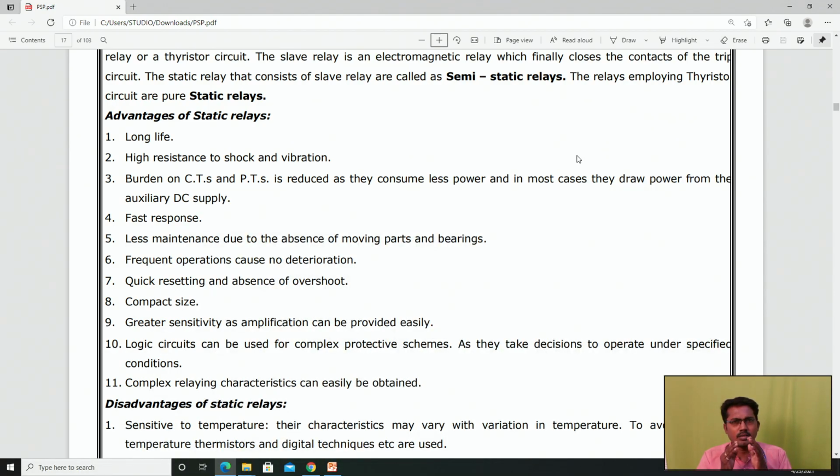So a static relay is nothing but a combination of capacitors, diodes, resistances, SCRs and others. We no need to put any moving part as a relay, opening contact or closing contact. The transistor will act as a contact switch. The output of the transistor will open and close it. By triggering the gate or base of the transistor or SCR, we can control the entire operation. So the static relay has more advantages compared to the electromagnetic relay, but the static relay has a few disadvantages.